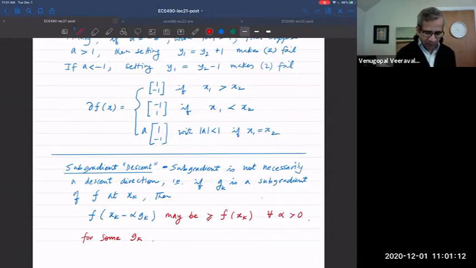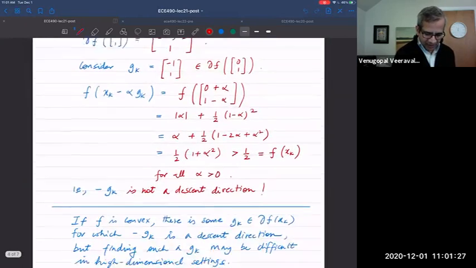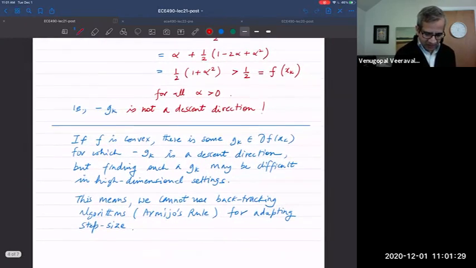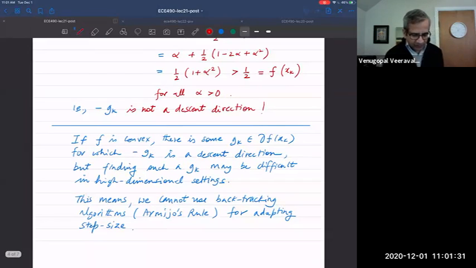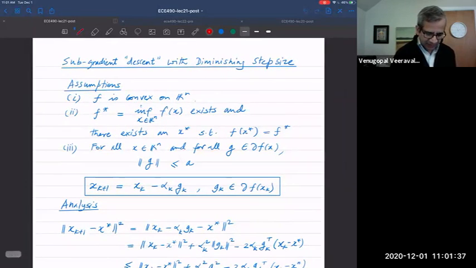One thing we found was that the subgradient method may not necessarily be a descent algorithm, but still it can work if you choose your step size appropriately. Again, if the function is convex, and you apply this